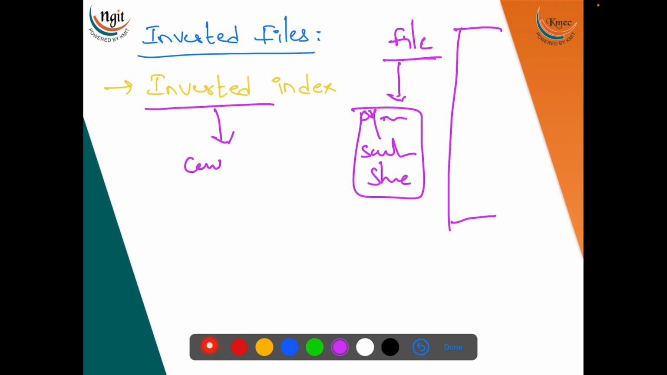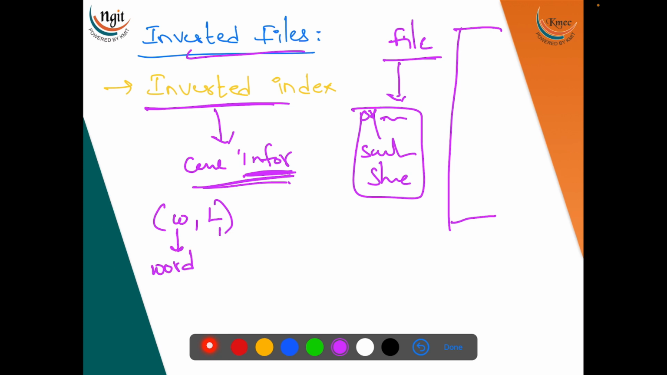Now what do you mean by this inverted index? The core information stored by a search engine is a dictionary, and that dictionary is named inverted index or inverted file. Now, the way this information is available in this index is with a pair, W comma L, where W is a word and L is a collection of references to the pages containing word